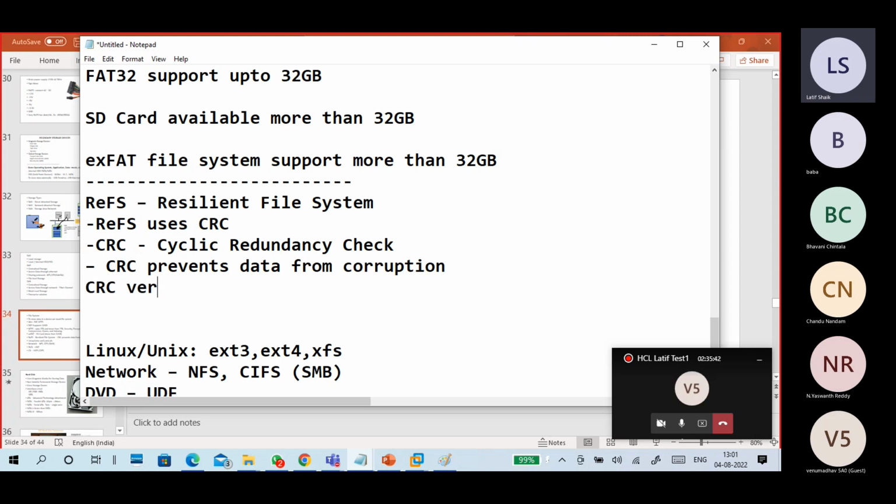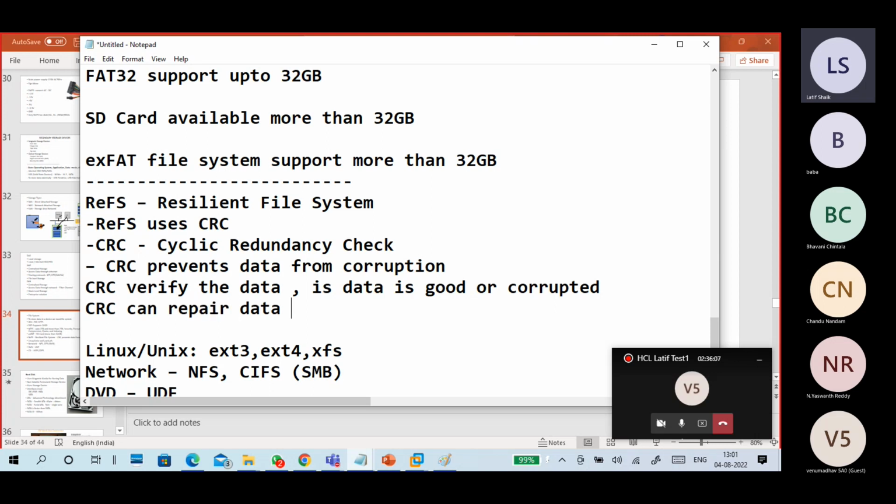CRC verifies the data is good or corrupted, and CRC can repair data if it is corrupted,